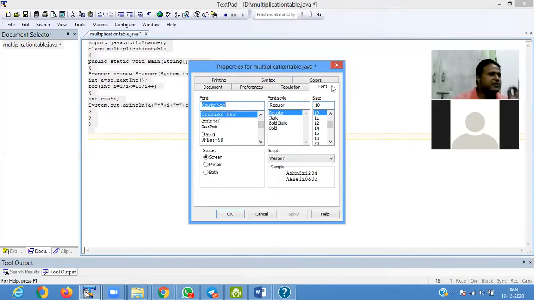So everything is evaluated as a string format. Then when you take the value in a string format, is it possible to do an arithmetic operation with a string? So you cannot perform any arithmetic operation on a string. Okay. In a programming language, you can generally store two types of value.